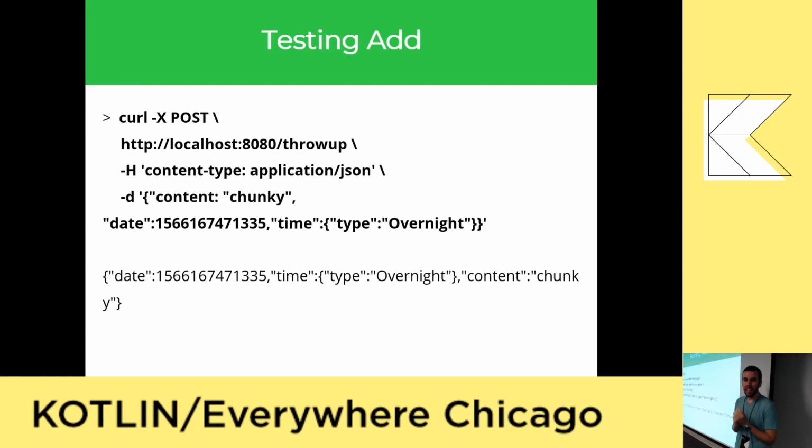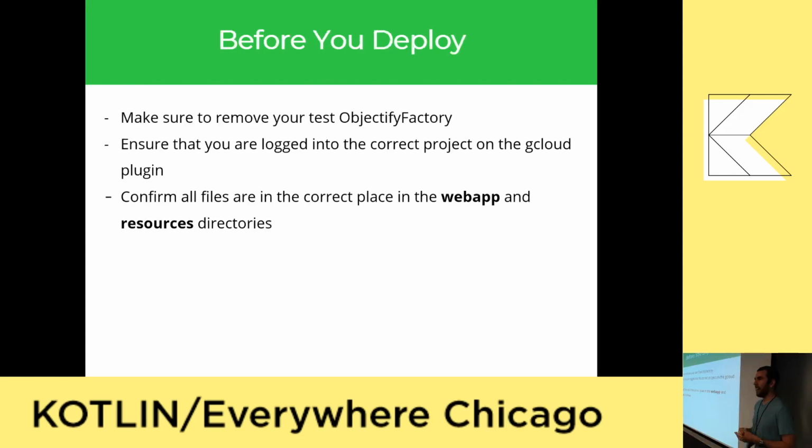For the GCloud plugin, if you remember at the beginning, it asks us to select what project. So you're going to want to make sure that you're on the right one. If you're worried about it, you can run GCloud Init as much as you want, and it'll just say, hey, you already initialized, here are your settings. Hit 1 if this is still correct. So feel free to check it. You can run Init over and over again.